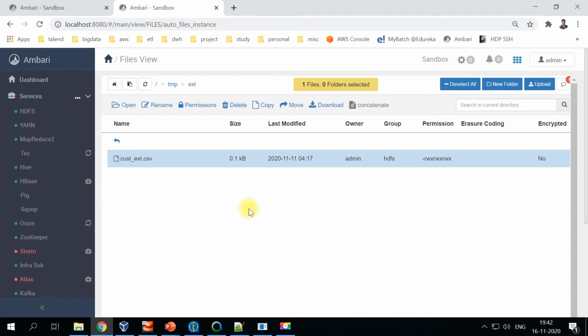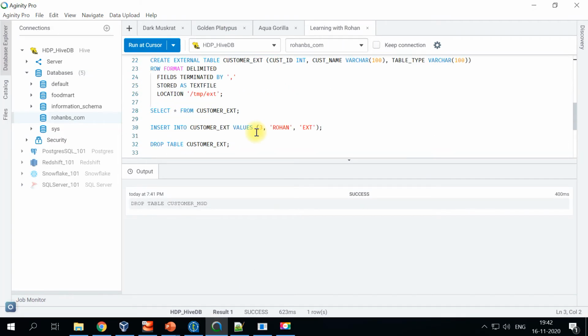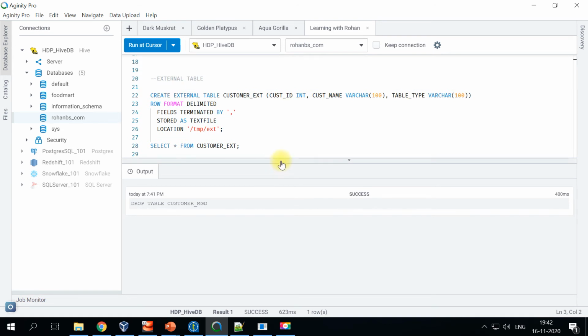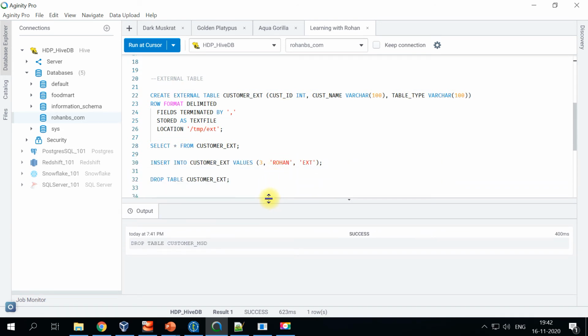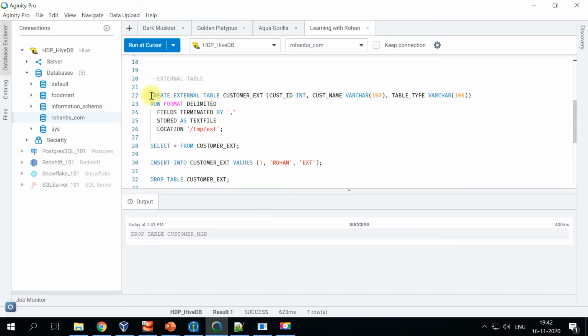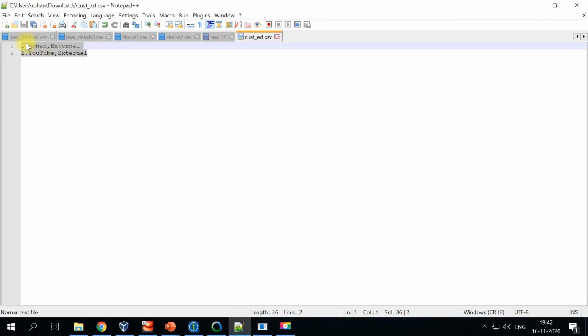This contains only 2 records, and I already have this syntax written in order to save some time. The first line of the statement is completely the same except for this particular keyword, and additionally we will be specifying the row format, which is delimited with a comma.